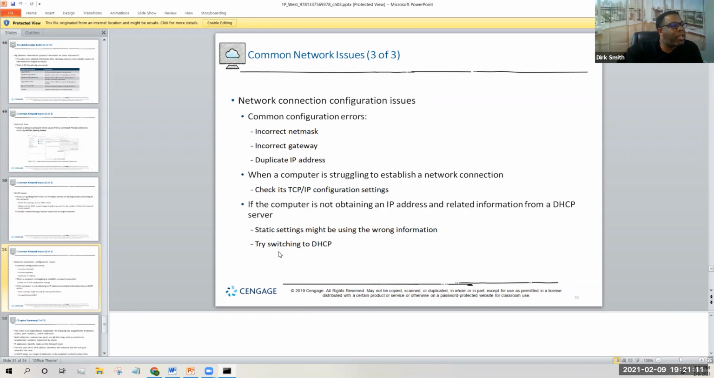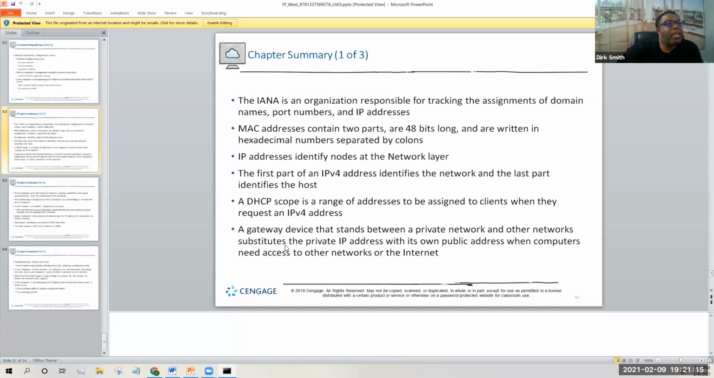writing things down, and making sure everything is connected properly. Okay, and that is chapter 3. I will stop the recording and